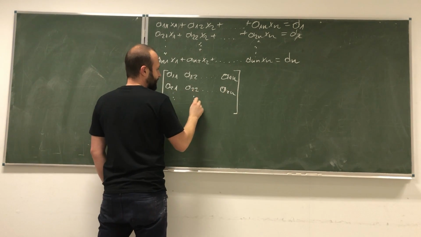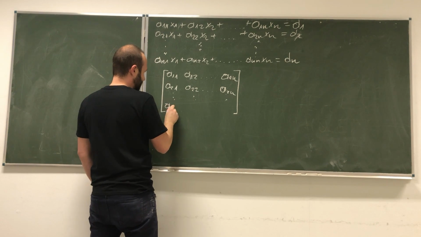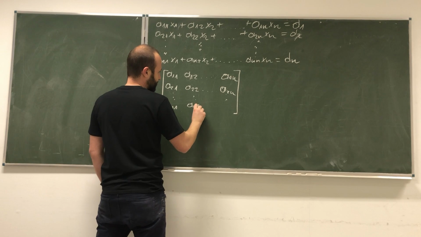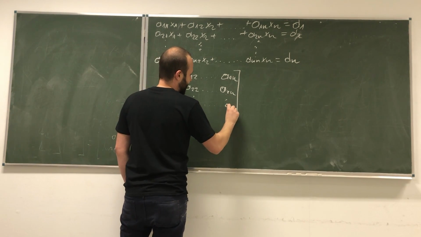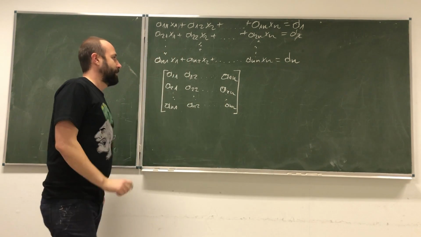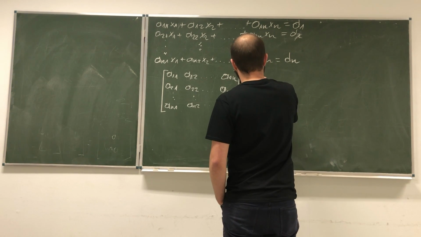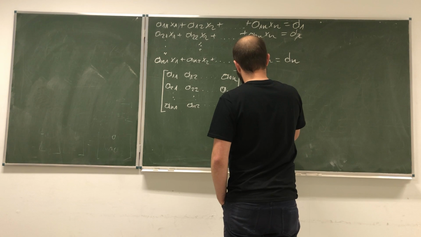And we will go like this until we arrive at an1, an2, until ann. Then, over here, we will have a vector with all the variables,